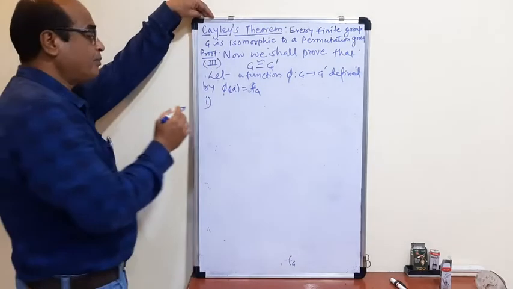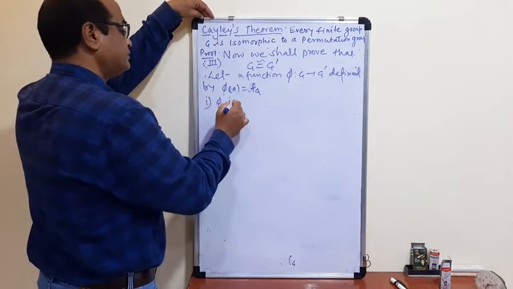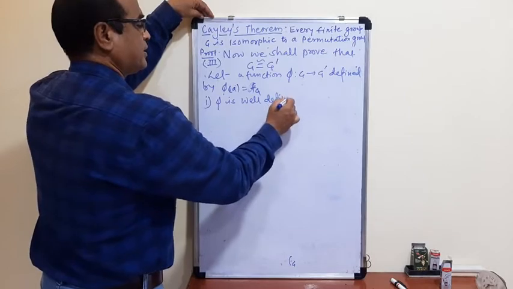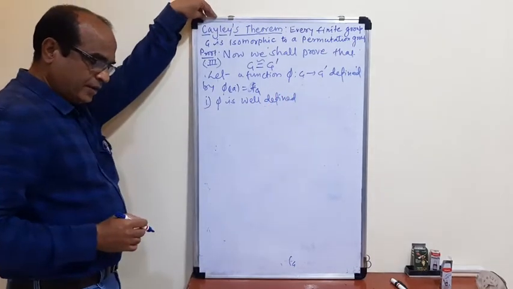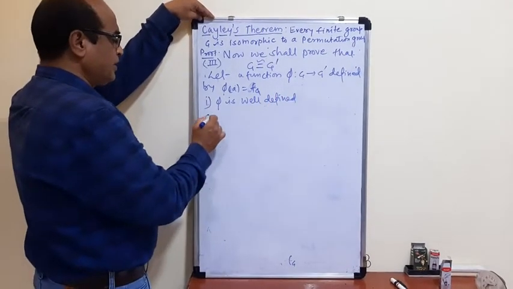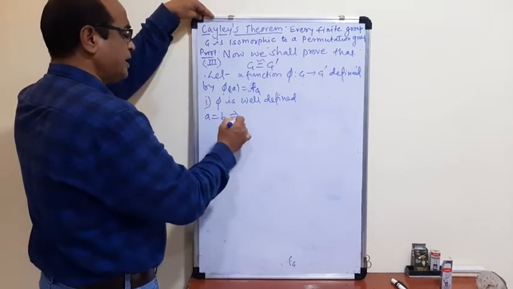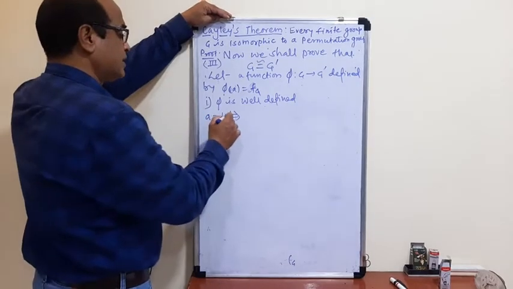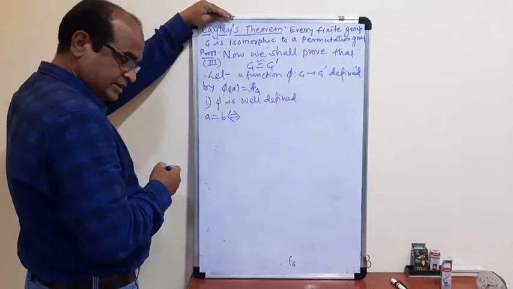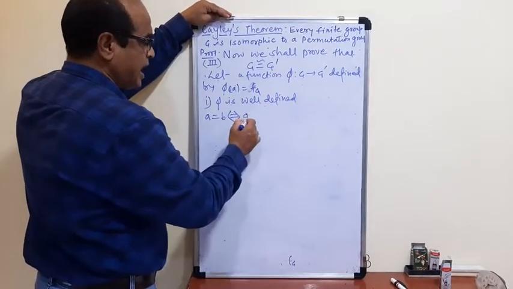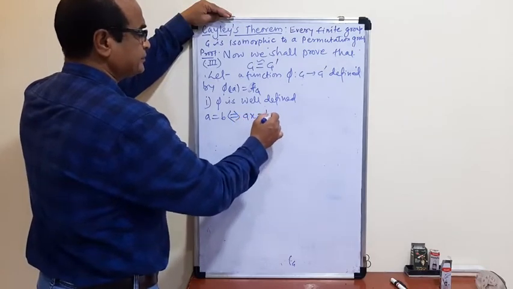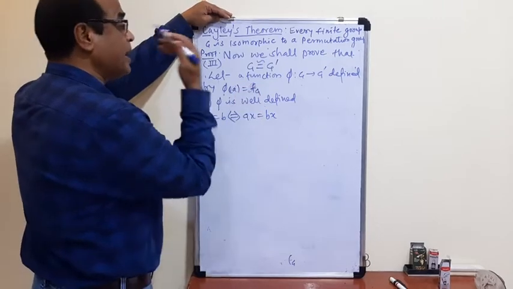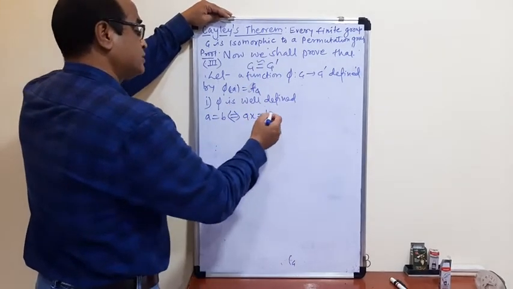So first, phi is well defined. That is what we are proving here. Let A is equal to B, where A and B are elements of G. So multiplying by x on both sides, Ax is equal to Bx. Then by the definition of the function fa, this can be written as